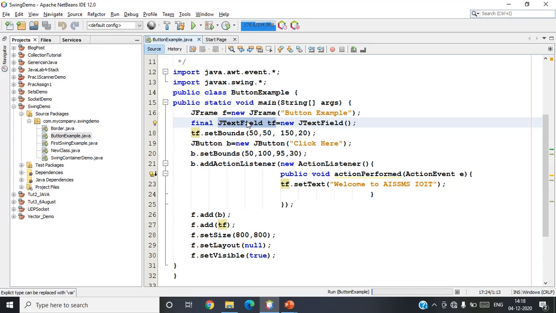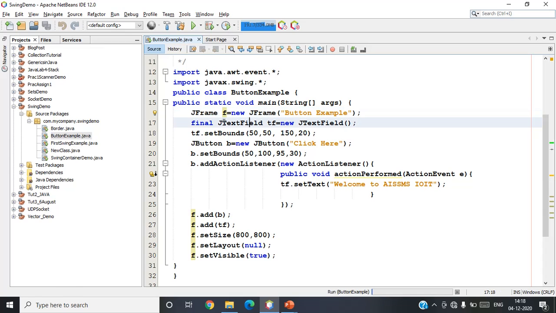For that I need to create the object of JTextField: JTextField tf equal to new JTextField. Here you can see that we can create a frame by creating the object of the frame class, or we can also create a frame by inheriting the frame class. So there are two ways of creating the frame.